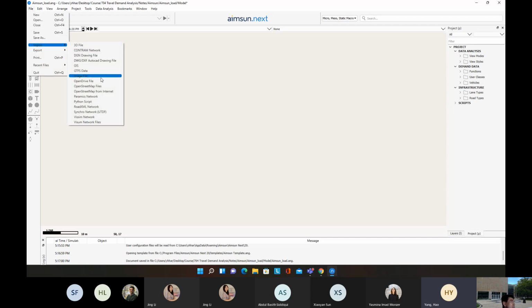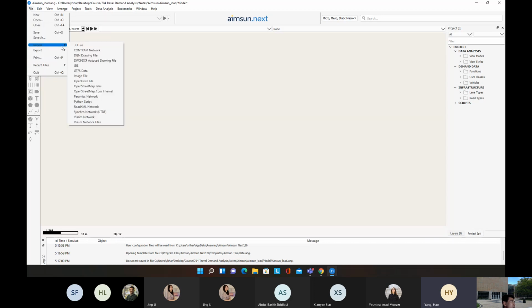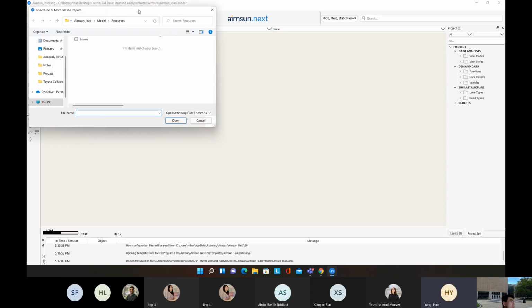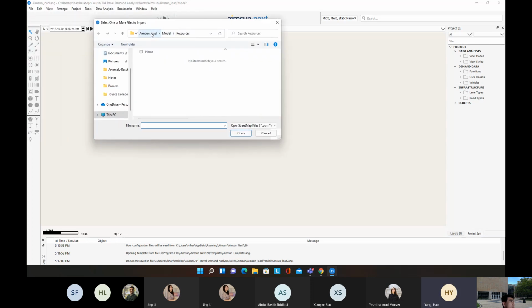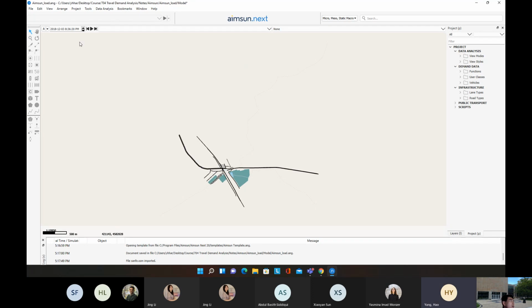So let me just go to the file, choose import and OpenStreetMap file, and I guess it should be there. Let me see. Okay,